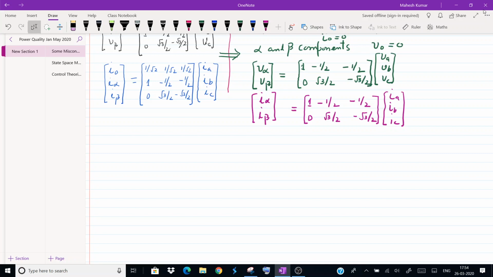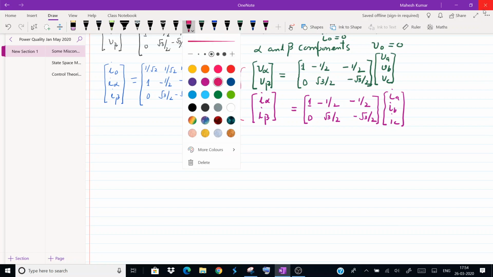Is that clear? Now once I know I alpha and I beta, I can further simplify. Since we have taken the balanced voltages, there is a further chance of reducing this operation into 2 by 2, because as we said the third component is redundant in terms of the two components, and hence we can express this alpha and beta in a 2 by 2 matrix. So what is that? From these two expressions, you'll find